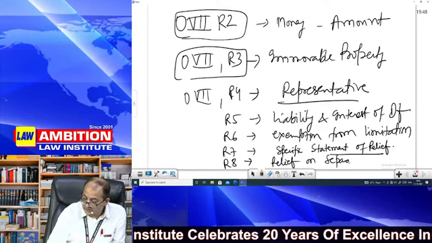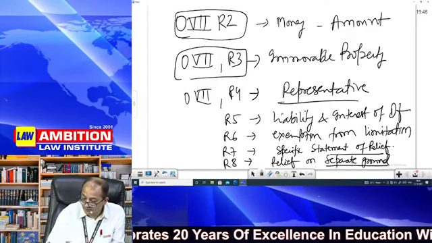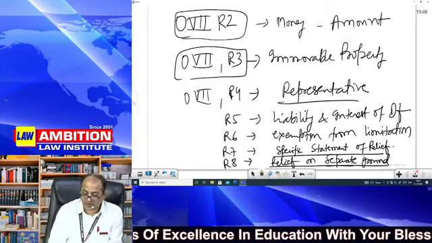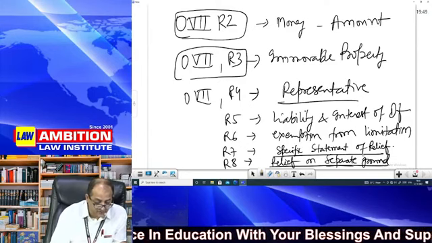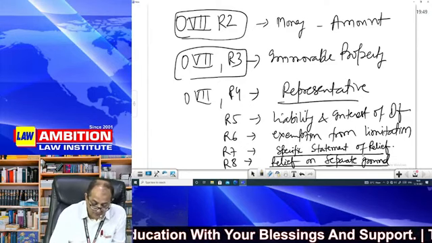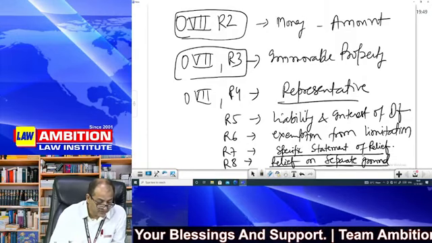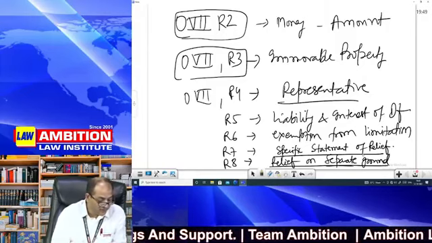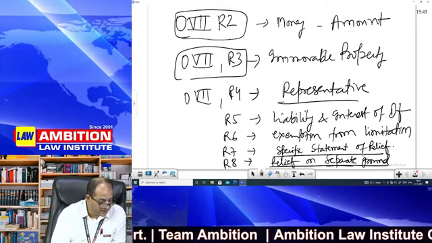Now, this is just the beginning. I'm just talking of drafting of plaint, so I am concentrating on rules related to that. Right now I am not discussing admission of plaint and rejection of plaint, that will come later on. I hope you have understood this much. Nothing great in it, it's very, very simple. If you do not understand this, then we will make you understand again.